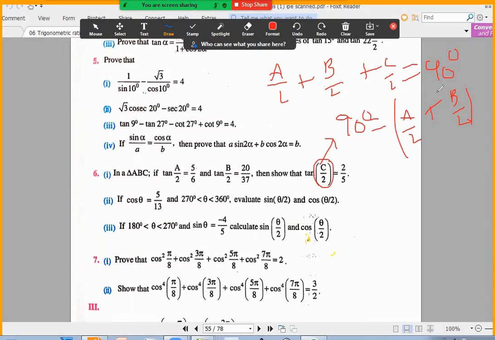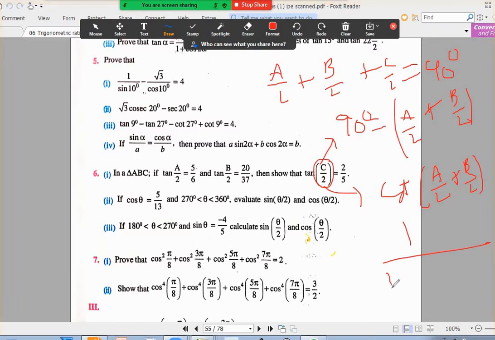Now we can apply tan on both sides. Tan of 90 minus theta is cot theta. So this is going to become cot of A by 2 plus B by 2, and cot is the reciprocal of tan of A by 2 plus B by 2. Tan of A by 2 plus B by 2, what is the formula? Tan A by 2 plus tan B by 2 by 1 minus tan A by 2 into tan B by 2, the compound angle formula. You know tan A by 2 separately, tan B by 2 separately. In fact, there is no need of giving this question in this exercise. They can give it in compound angles itself.